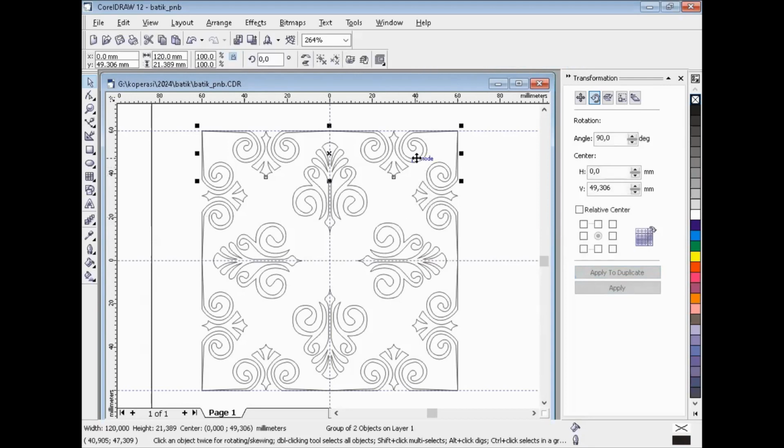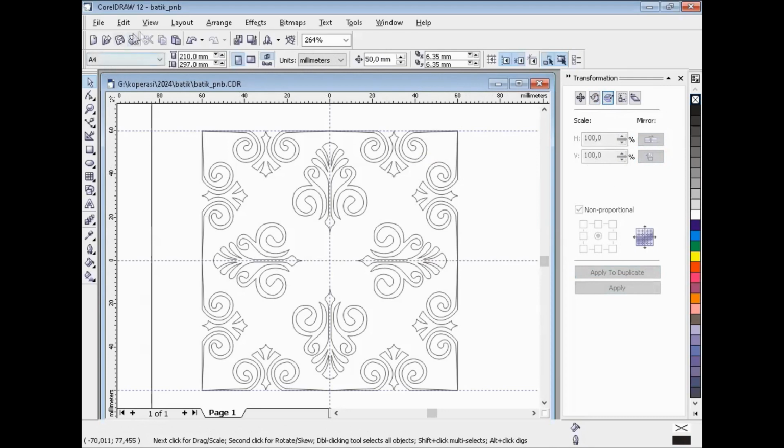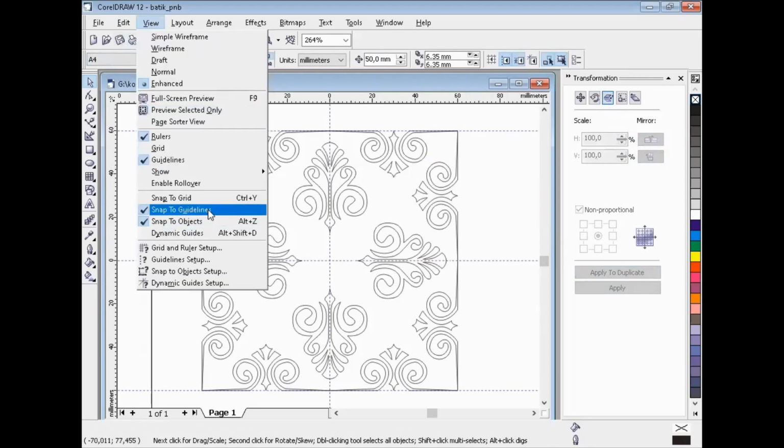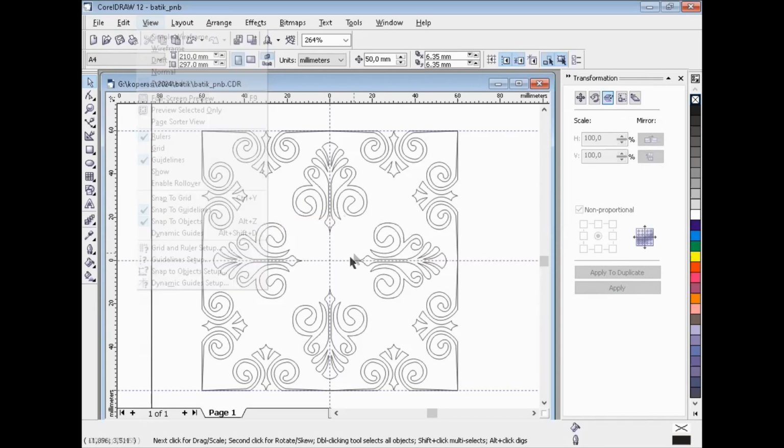We can use duplicate with mirror, and we can use snap to guideline and snap to object, and we use the 0 point from here and move here. That's the center.